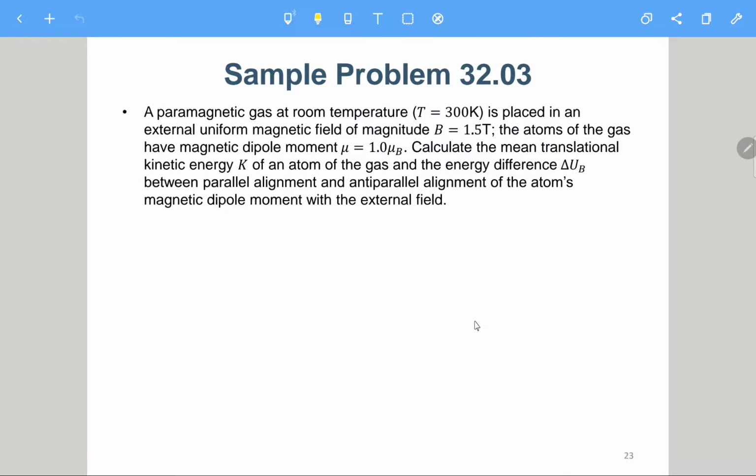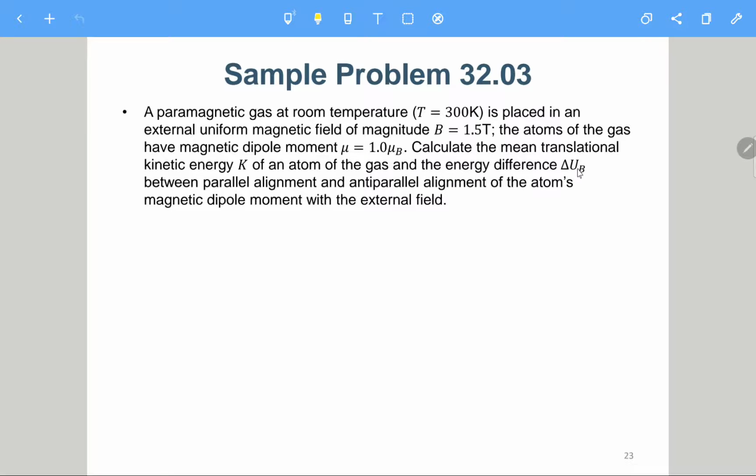So here we have a simple sample problem. A paramagnetic gas at room temperature is placed in an external uniform magnetic field of magnitude B equals 1.5 Tesla. The atoms of the gas have magnetic dipole moment mu equals 1.0 mu B. Calculate the mean translational kinetic energy K of an atom of the gas,